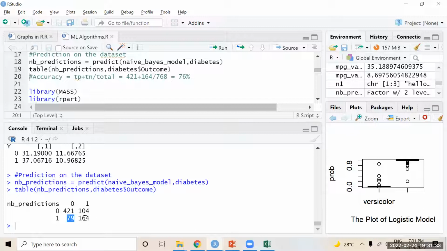So 421 plus 164 is, I think, 585 out of 768. So how much accuracy will it give? Roughly 75 or 65. So I will calculate 585 by 768. It is showing 76% accuracy.